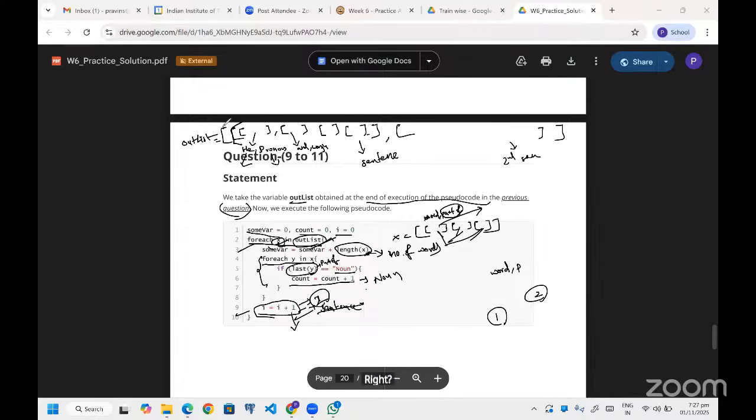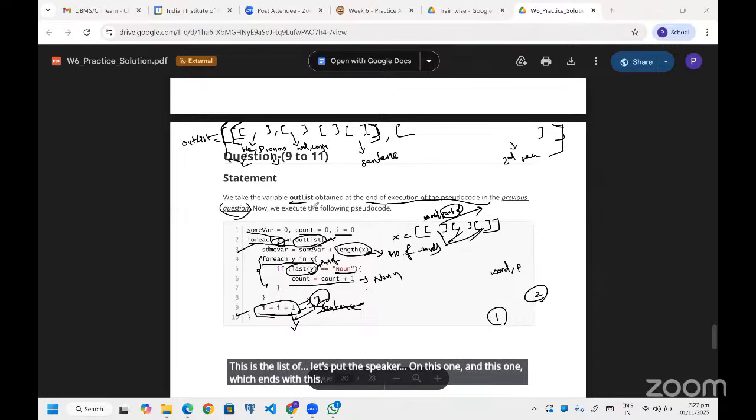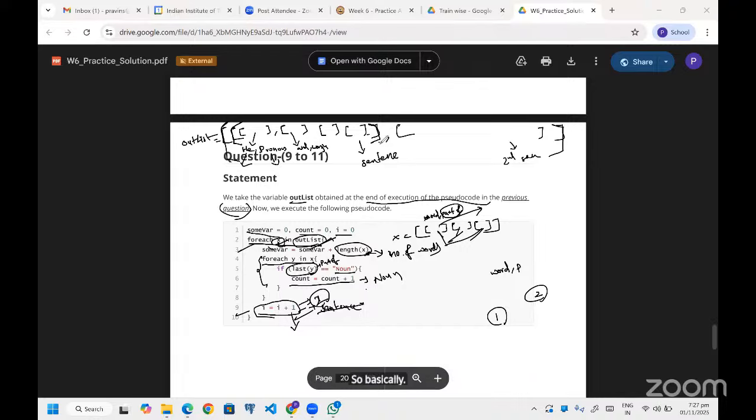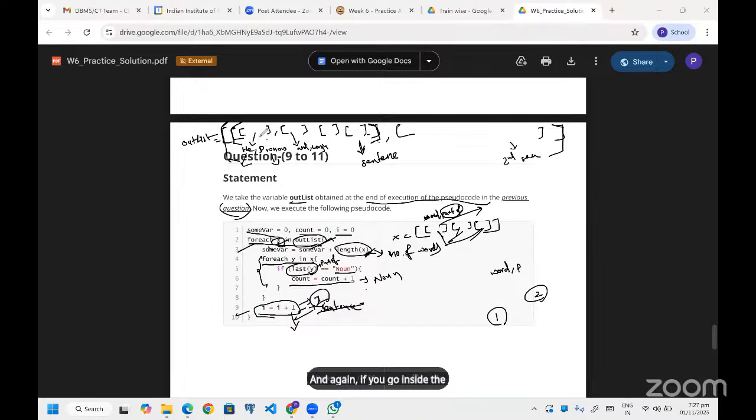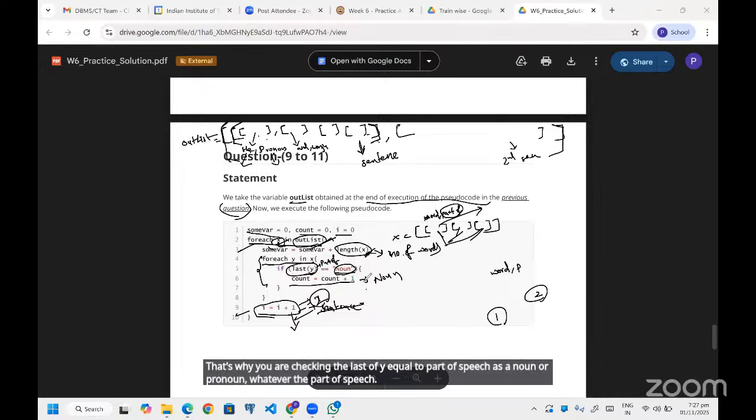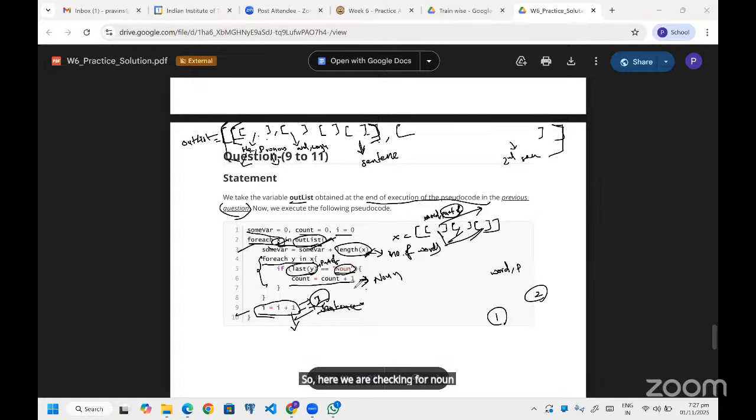This is the list of lists. So basically, you are iterating the sentence, and within this iteration, the number of inner lists will tell you the number of words. If you go inside each one, it will have the word and its part of speech. That's why you are checking whether the last of y equals noun or pronoun, whatever the part of speech. Here we are checking for noun, so the count is incrementing only for them.